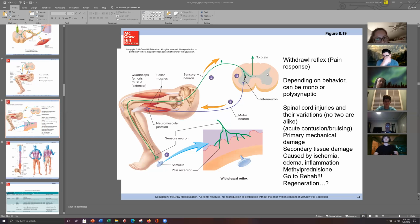And then I've got a little quick blurb here on spinal cord injuries. I'll summarize this because we're running low on time. Long story short, spinal cord injuries are variable and they're usually different across every single patient. No one spinal cord injury is generally alike. You can have the same area that's injured, but depending on the nature of the injury, the spinal cord can react very differently. Generally, the best thing to do is to try and immobilize the area and get anti-inflammatory drugs